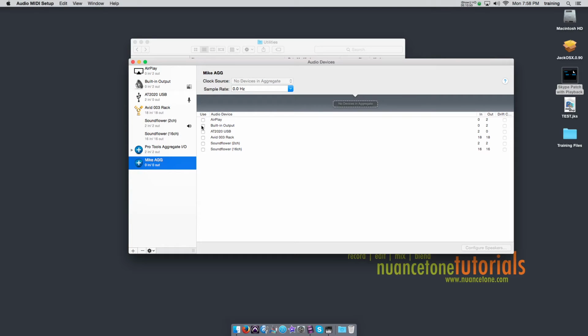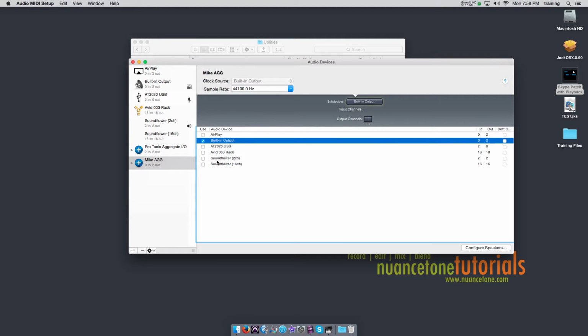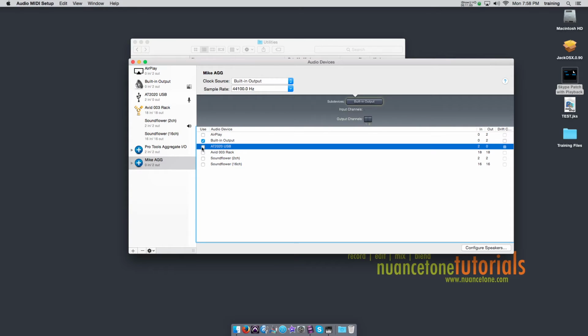So first off, I need to add in my built-in output, which is the headphone jack on the back of my Mac. I will use that. And then I need to add in my Audio-Technica 2020 USB mic, and I will add that. Once these two devices are checked, be careful if you're adding an Audio-Technica USB mic to add in drift